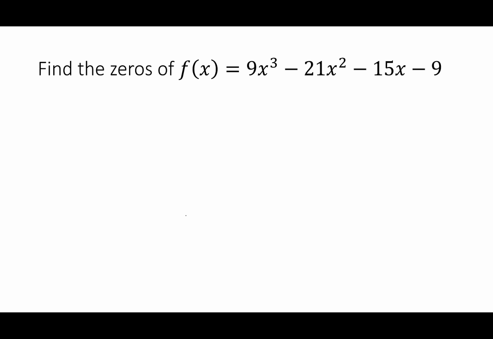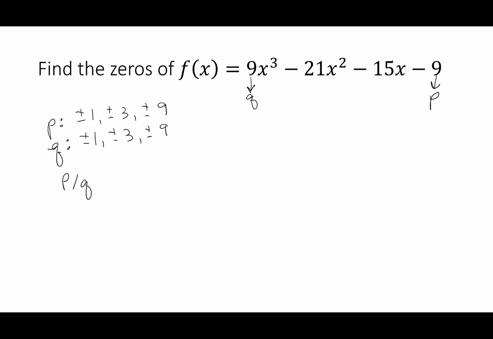So now we're ready to find all solutions to a function. So here I have f of x is 9x cubed minus 21x squared minus 15x minus 9. I'm going to start the same way I have been. I look at p as my last term. I look at q as my beginning term. The factors of p are plus or minus 1, plus or minus 3, plus or minus 9. My factors of q are plus or minus 1, plus or minus 3, plus or minus 9. When I form p over q, I have plus or minus 1, plus or minus 3, plus or minus 9,